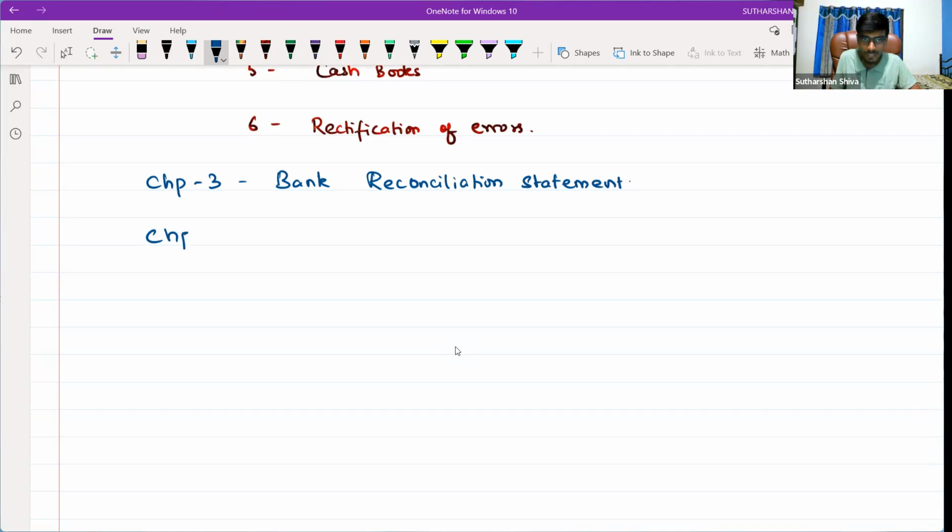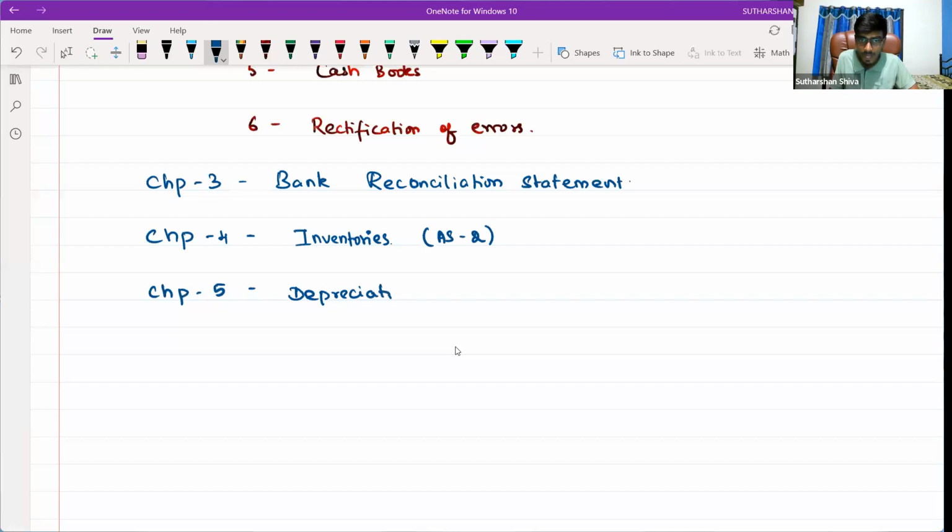Then you have chapter number 4. This is a bank reconciliation statement. Everything we have studied in 11th standard itself, we are going to follow very super tricks in this bank reconciliation statement along with good conceptual clarity. So chapter number 3 will be easier for you. And chapter number 4, you are going to study new, that is inventories. Okay, this inventories is covered under the AS 2 accounting standard. Then chapter number 5, you will be focusing on